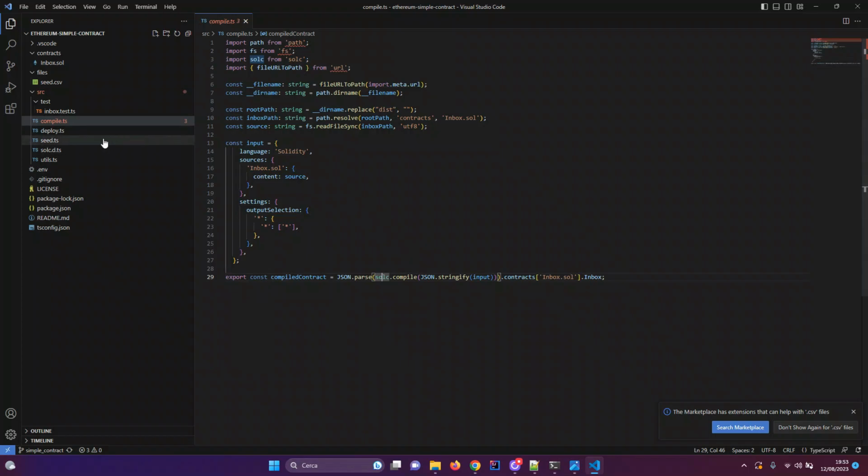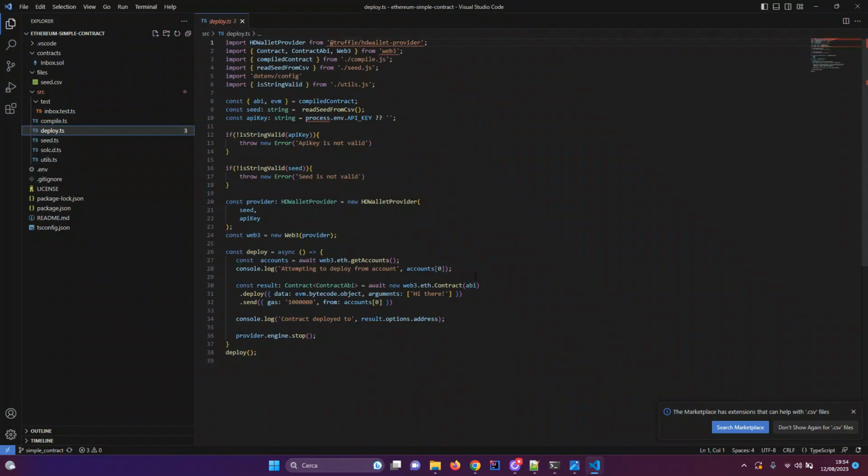Then we have the file deploy.ts, which is used to deploy the contract to the Sepolia test network. As you can see, this is a library, HD wallet provider, which will give us a provider in order to connect to Sepolia.